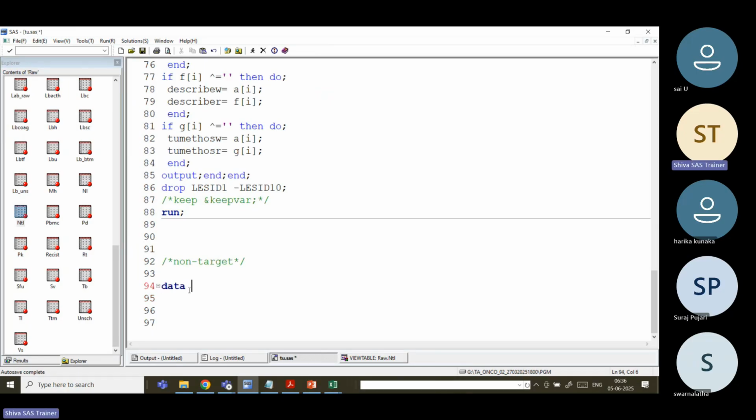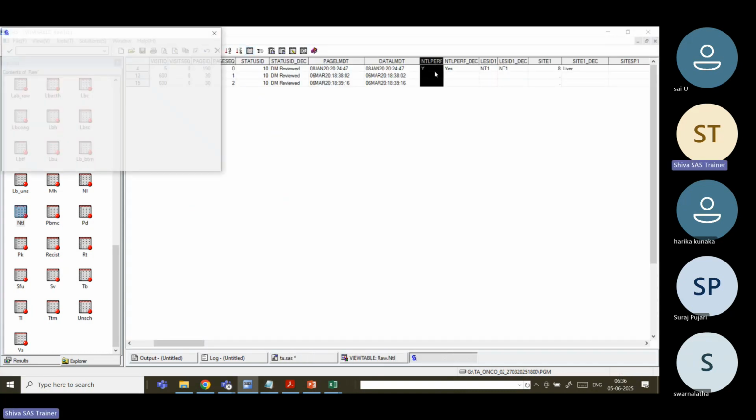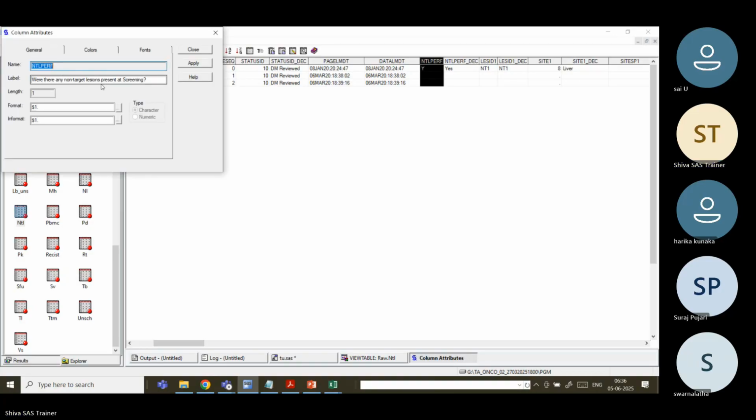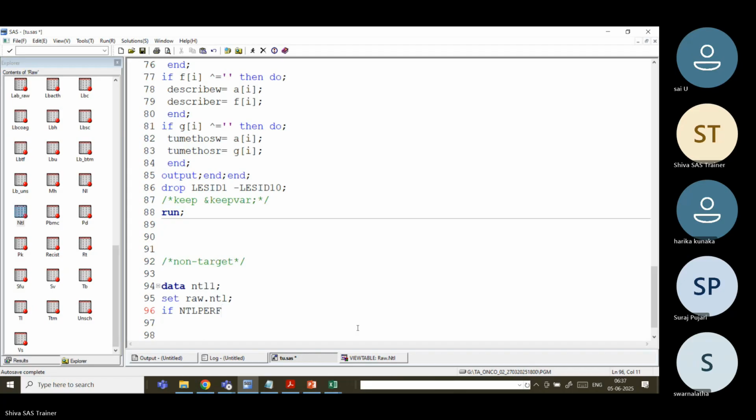Data NTL1, set raw data set NTL1. First of all, I'll pick this record, NTL pre-ref not equal to missing. That is the screening record I am handling. So here I am going to drop the